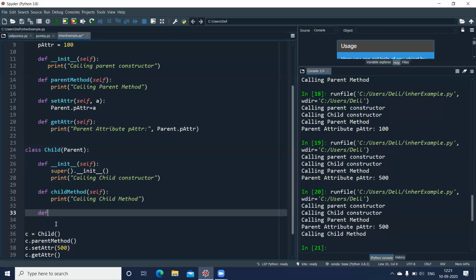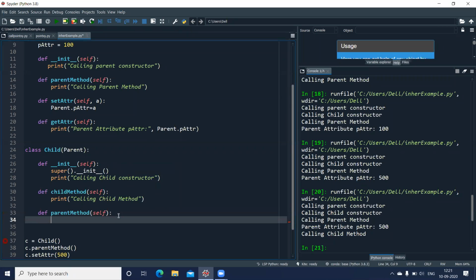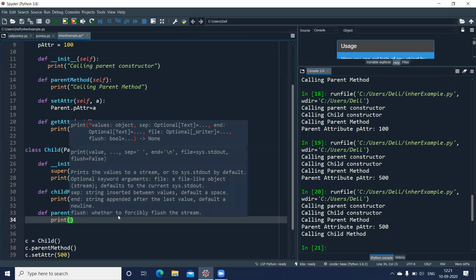Let us write def parent method, with brackets and self, colon, and I give print hello, we are in child class.